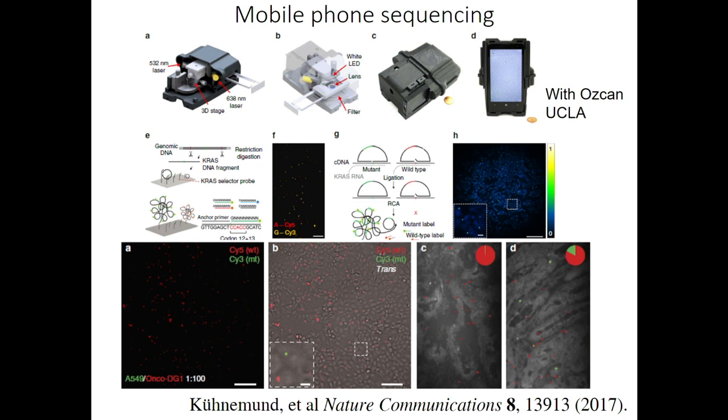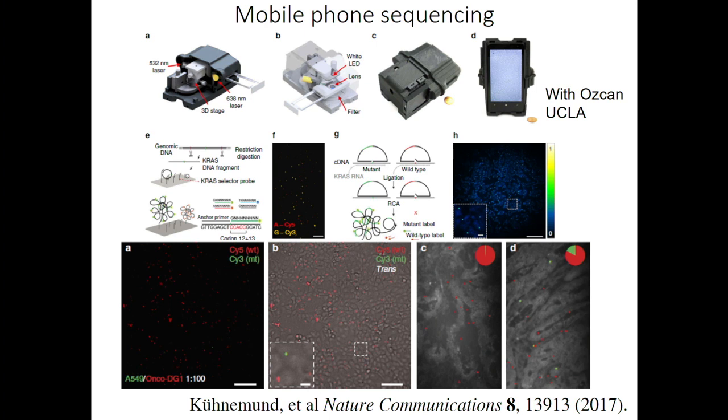I will just finish with this one, showing that sequencing isn't that hard. We thought, since we have these very bright fluorescent objects, it should be bright enough to be captured by a mobile phone camera. So we engaged in a collaboration with Aydogan Ozcan at UCL, who is an expert in mobile phone microscopy. And he constructed this 3D printed device that you can put on top of your mobile phone, aligning the lens of the mobile phone with a 2x lens in this device,